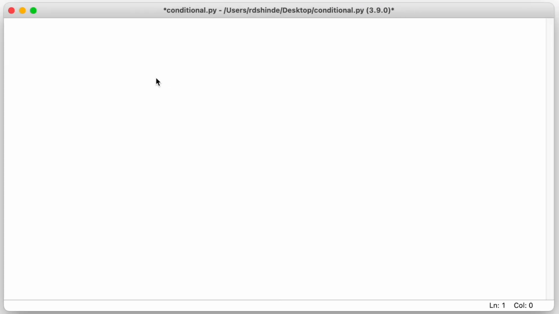Here I have opened Python script mode and created a file. Here we can write some code and we will see how the if block works and how we can use if block statements. Suppose I create a variable, and I am giving that variable the name num. Now I want that variable to store a value of type int, so I am using the type converter function int.